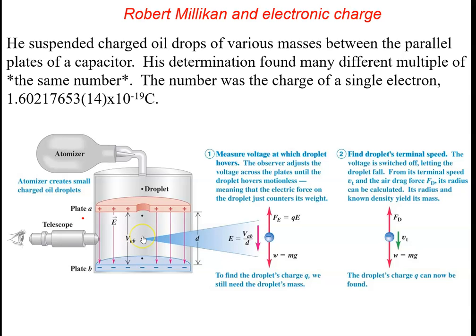He would actually be able to look at it through a little lens and see the oil drop hovering in place. By doing this, he was able to figure out that the electrical force holding it up must be equal to the weight of the individual droplet. You just have to figure out the density of the oil and the size of the droplet, and you get the force of gravity on it. Apply the voltage, you get that exact force going up. That tells you something about the strength of the electric field. And carrying it through,